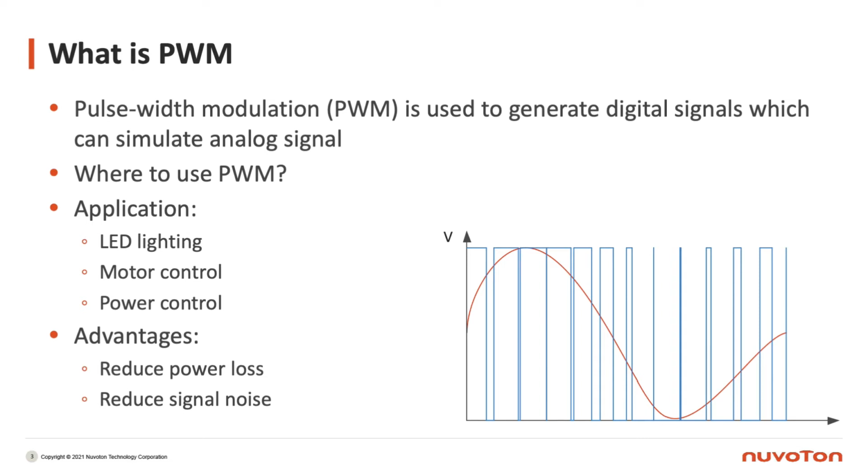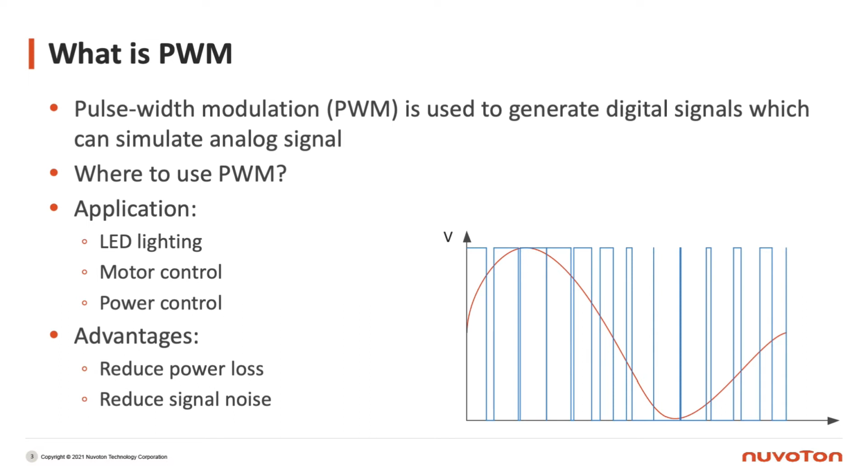For example, a breathing LED needs to change brightness smoothly and alternately, from dark to bright and back to dark. So how do we adjust the brightness by PWM signals that only generate on and off? We can use frequency to control the LED. One LED flashes 100 times and the other flashes 10 times. Human eyes will see the 100 Hz LED as brighter than the 10 Hz one. Therefore, we can use frequency to control LED brightness.